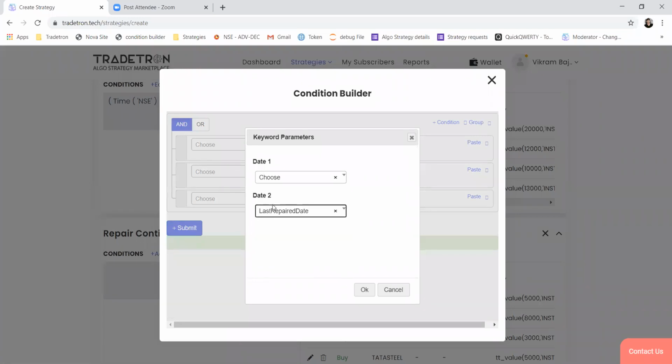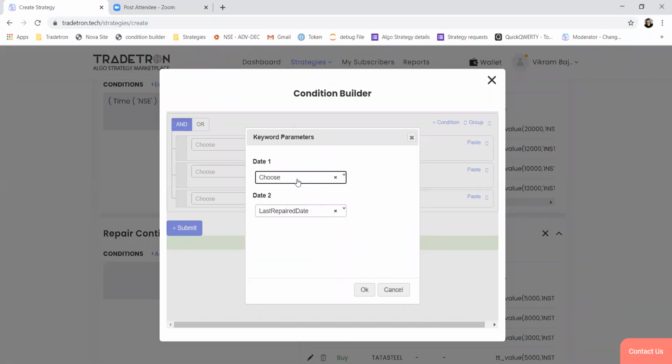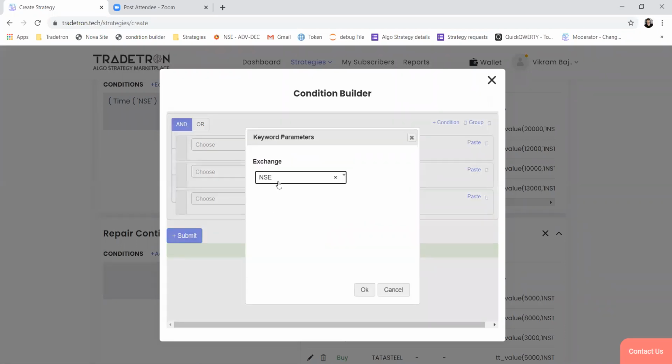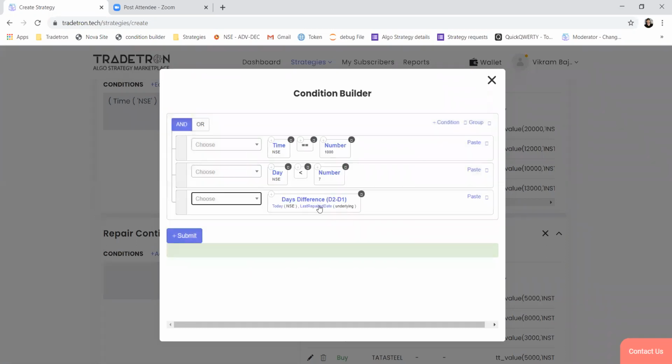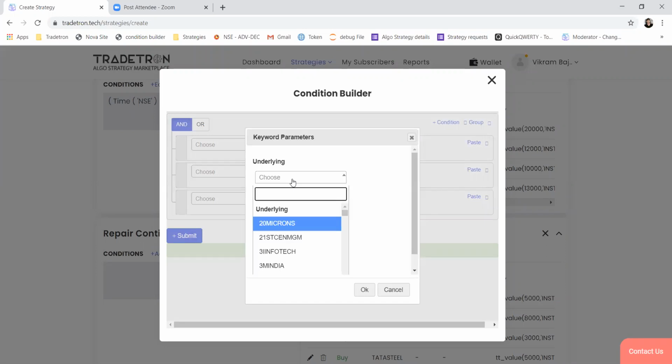So last traded date and today. This keyword basically takes the difference between these two dates. Exchange will be NSE, and here you can choose any of the stocks in the list which you have used.